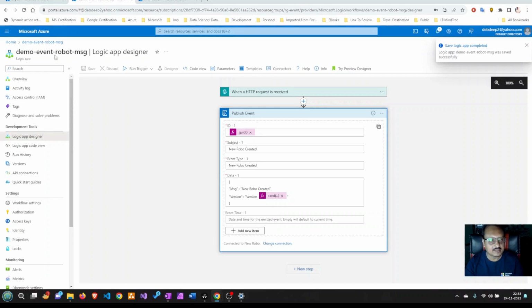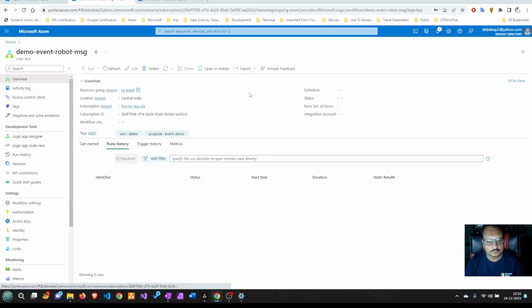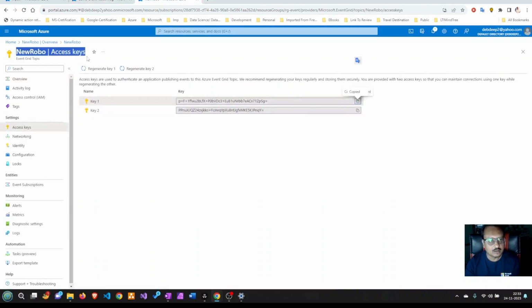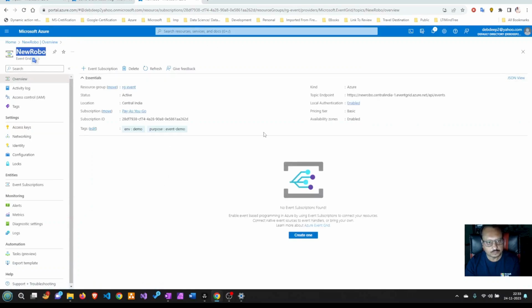Okay, fantastic. Now if we move back to the overview, you will see we have done all the things over here, but we have not yet run any kind of event that should be going to this particular new robo topic that we have defined over here. Once you land over here, you will see one particular thing: it says no event subscription found, because